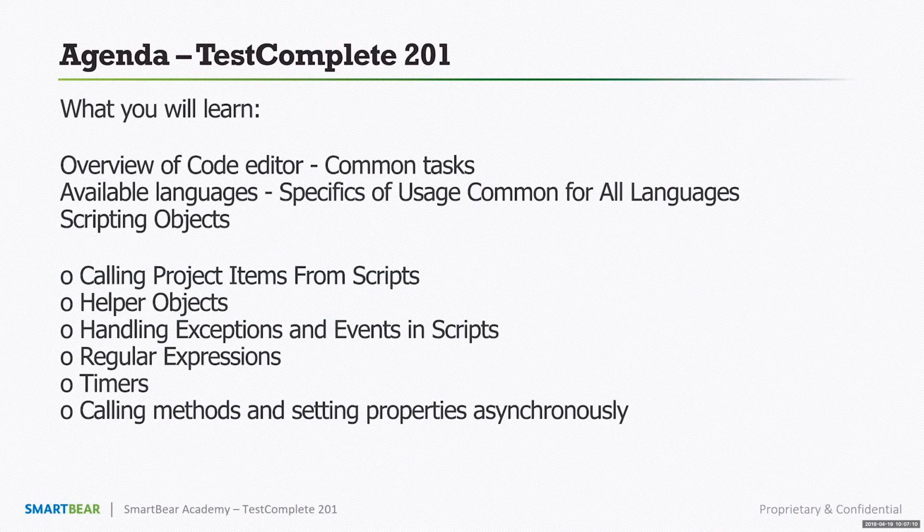Moving on to the agenda, this is an overview of the things we're going to be working on today, stuff we're going to be looking at. So, for instance, we're going to get an overview of the code editor, as today's demonstration is purely geared towards scripting within TestComplete. We'll talk about some of the various languages available to you, enumerate some of those options, and then we're going to get right into some of the neat things you can do with scripts within TestComplete, and